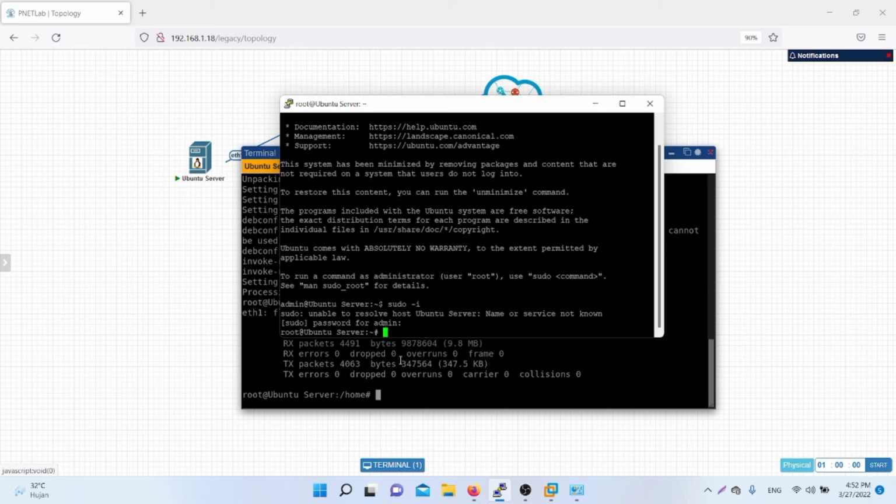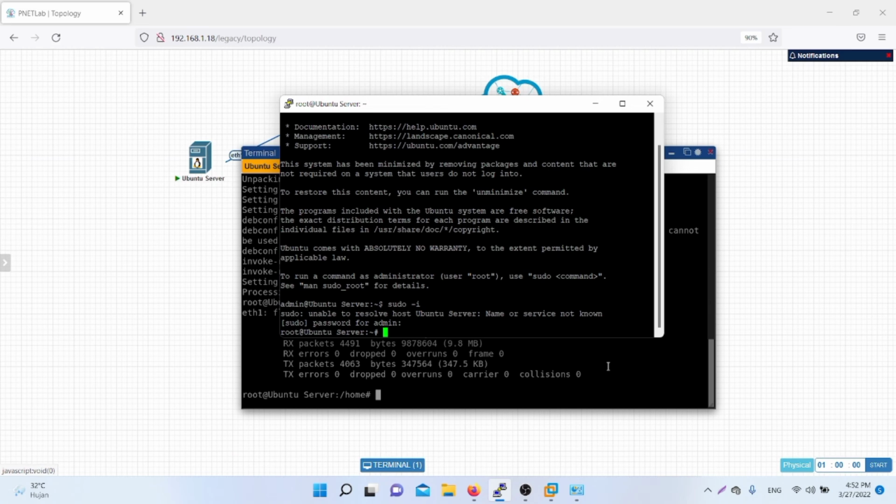After that, we must edit file sshd_config. And for editing file sshd_config, the command is nano.